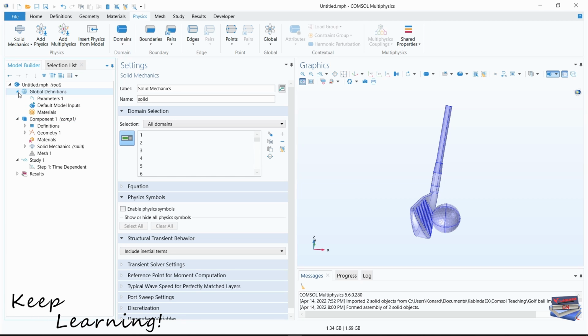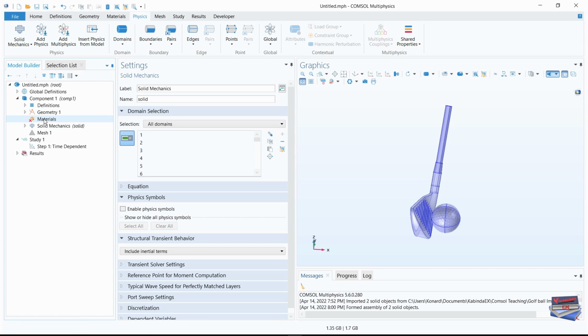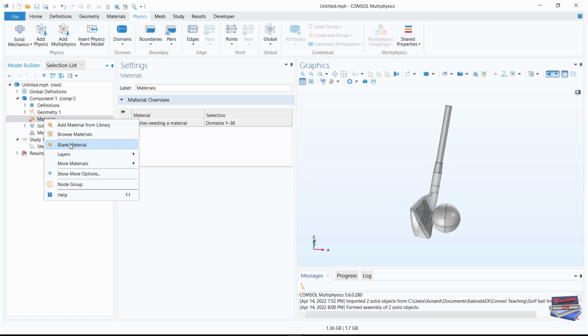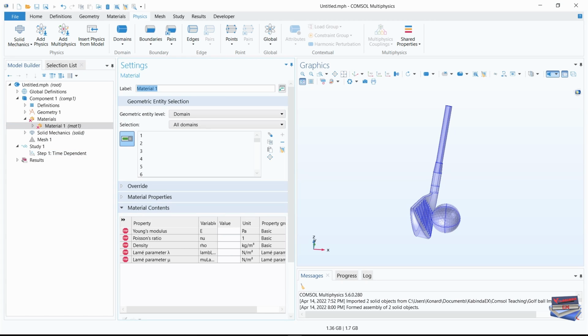So let's minimize our global definitions and just focus on this material. So we're going to start by right clicking on materials and select blank material. Let's name this club head, and for the selection, let's choose club,